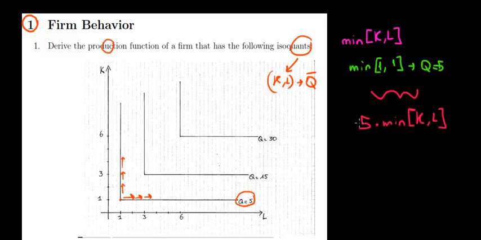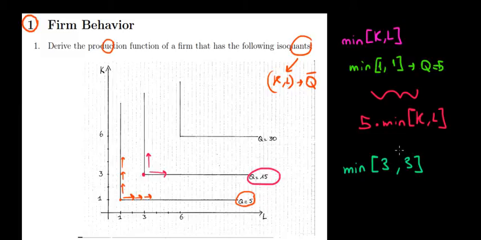But let's test this for the next example. So over here, if we look at the corner and we have 3 units of capital, 3 units of labor, we produce 15 units of output. And again, even if we increase labor or capital, we still have the same production. So we still have our perfect complement property that we need the minimum between them. So between 3 units of capital and 3 units of labor, we will choose 3 for both